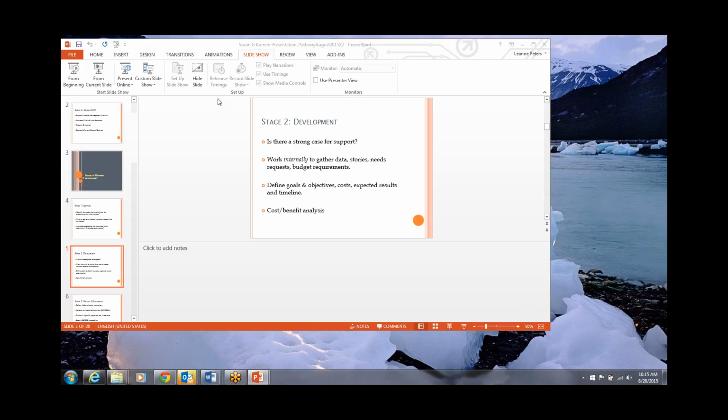And then at this point, you're going to talk about your goals and objectives, and we'll go into that in a little more detail in a minute. But this is the development phase where kind of all the stuff gets pulled on the table, and you sort out the cards of the data and the stories, and understanding what your needs are going to be for that. Does that make sense? And then, of course, everybody loves the cost-benefit analysis, and that's the big piece of it. Is it worth it to do it? So you want to serve 100 more people,